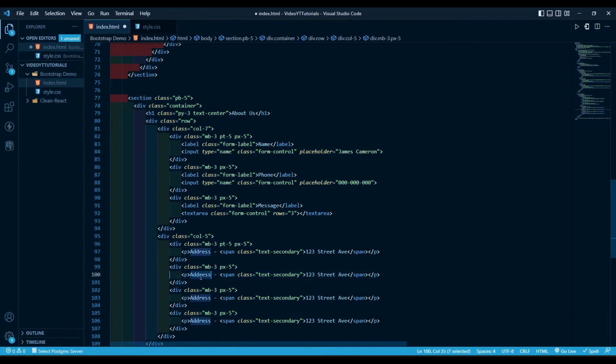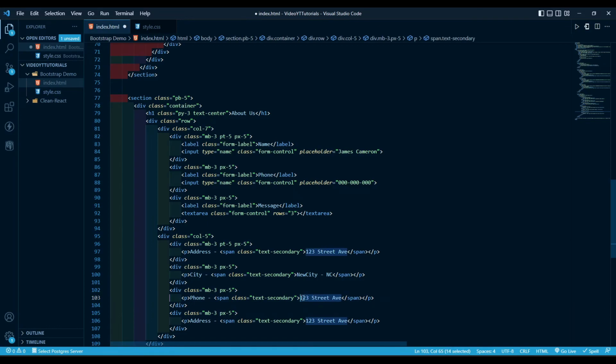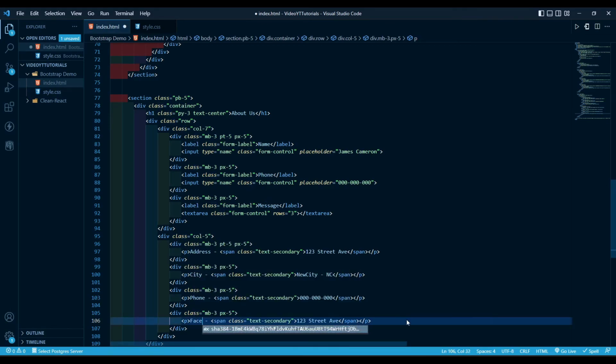And we're gonna change, instead of address here, we're gonna put city, and the city is gonna be a new city, NC. And then the next one is gonna be phone, capital P, and we're gonna change the number in here. It's gonna be 000 000 000 000. And the last thing is, just in case they have Facebook or something like that, Facebook